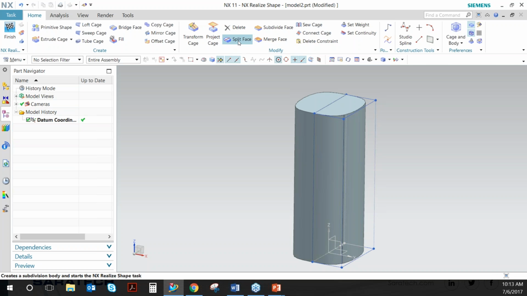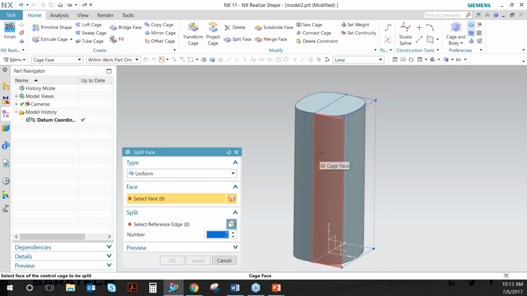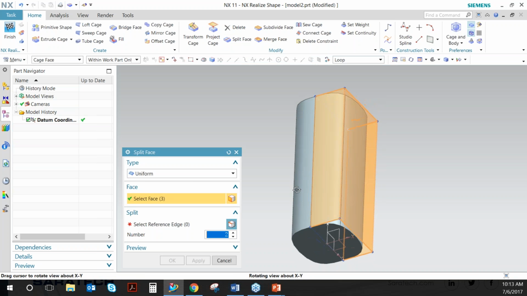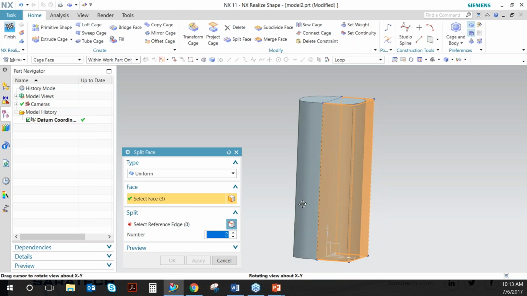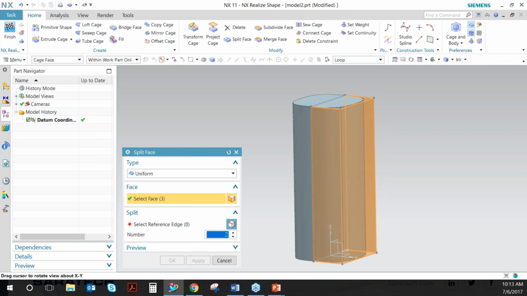We're going to then split the face of the cylinder so that we can cut up the cylinder intersections, and we're able to pull the flask into the shape that we want. I'm going to choose these 3 faces because I want to be cutting it horizontally, and once I click the faces that I want the cuts to be on, I have